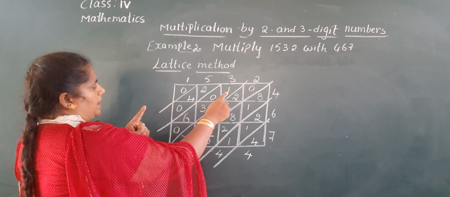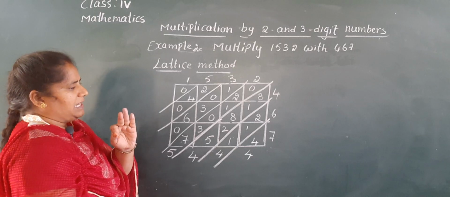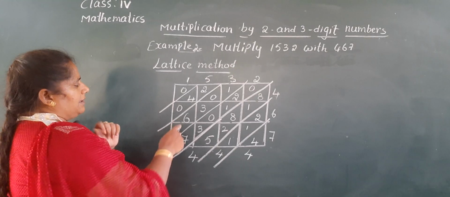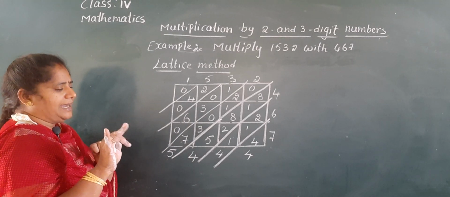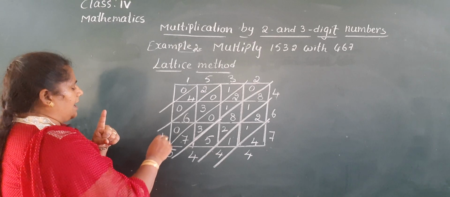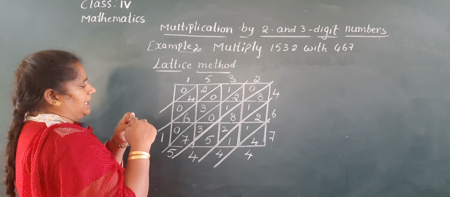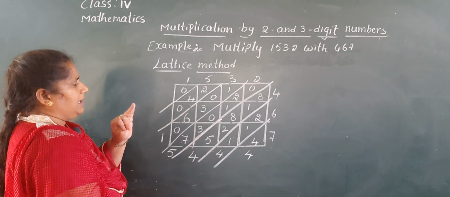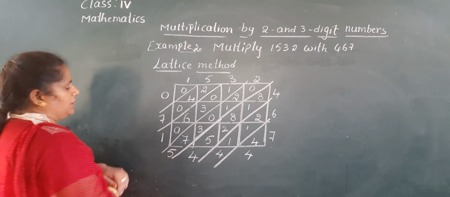1 plus 1, 2. 1 plus 1, 2. 2 in the mind, take 3 fingers, 2 after 3, 4, 5. 5 in the mind, take 6 fingers, 5 after 6, 7, 8, 9, 10, 11. 1 in hand, 1 is down. Take 1 finger, 2 after 3. 3 in the mind, take 4 fingers, 3 after 4, 5, 6, 7. Here there is no number, so we will keep 0 only.